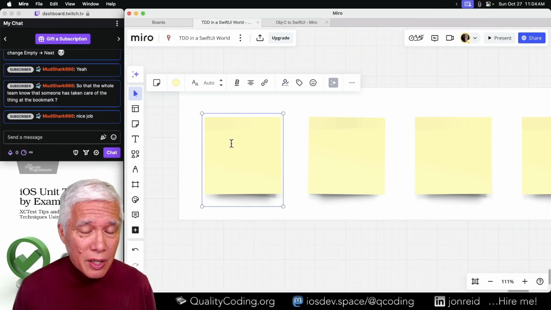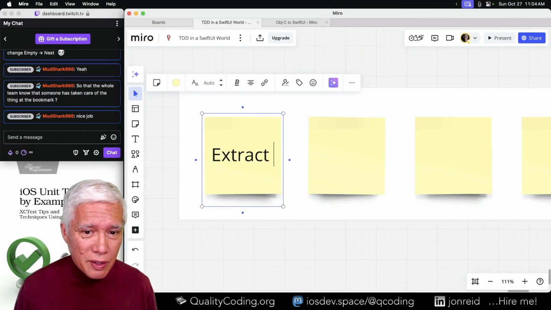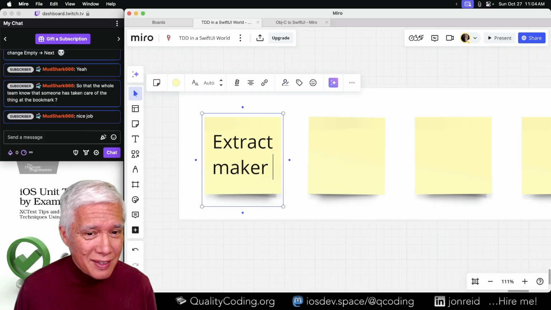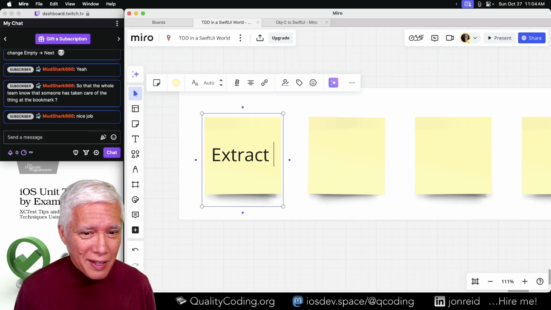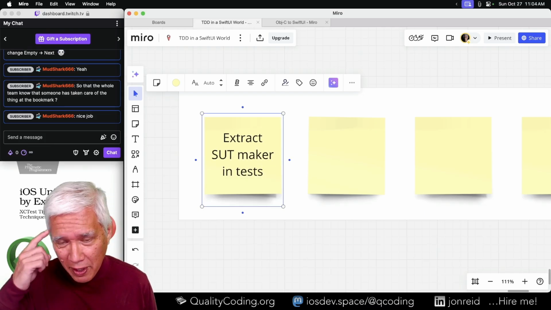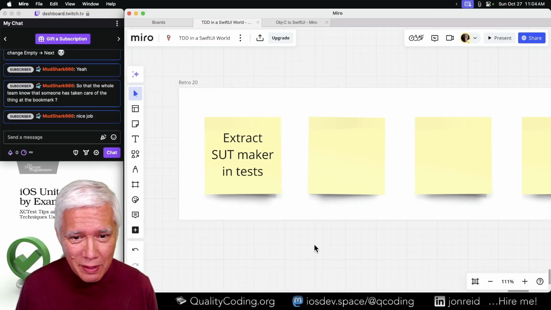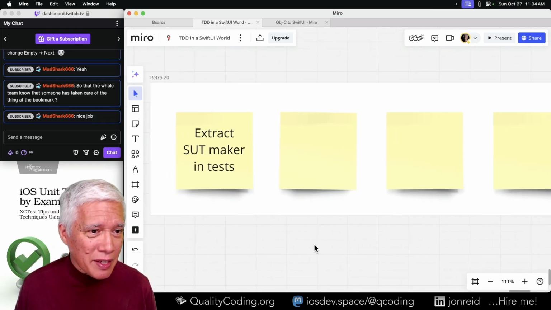We did extract maker, kind of the SET maker in tests. That's something I want to keep in mind, as clearly I have not been doing it, and I see the value of doing it. So why not do it earlier?